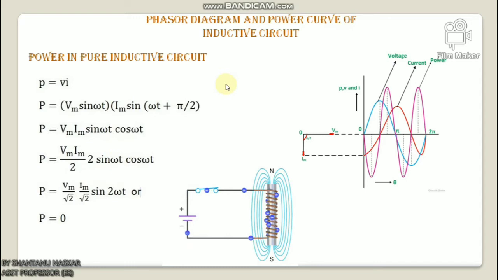The average power in one alternation, in a half cycle, is 0, as the negative and positive loops under the power curve are the same. In the purely inductive circuit, during the first quarter cycle, the power supplied by the source is stored in the magnetic field set up around the coil. In the next quarter cycle, the magnetic field diminishes and the power that was stored in the first quarter cycle is returned to the source. This process continues in every cycle, and thus no power is consumed in the circuit.